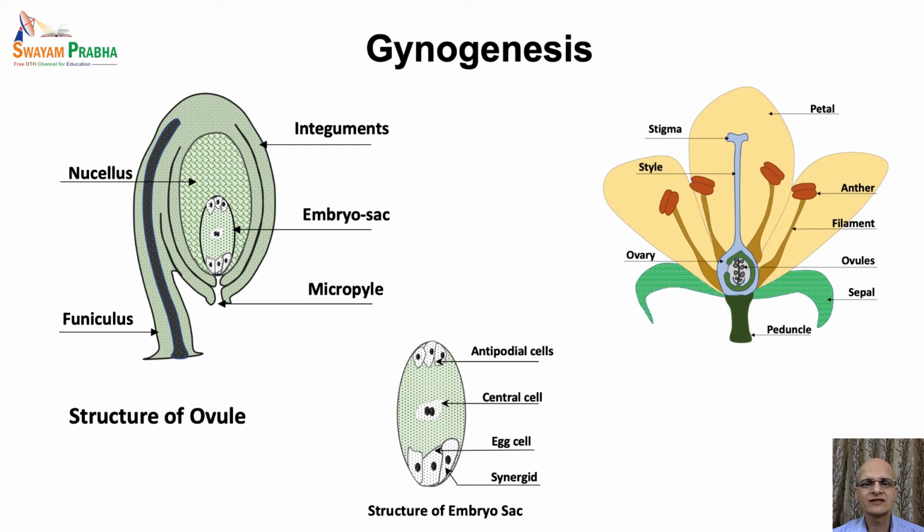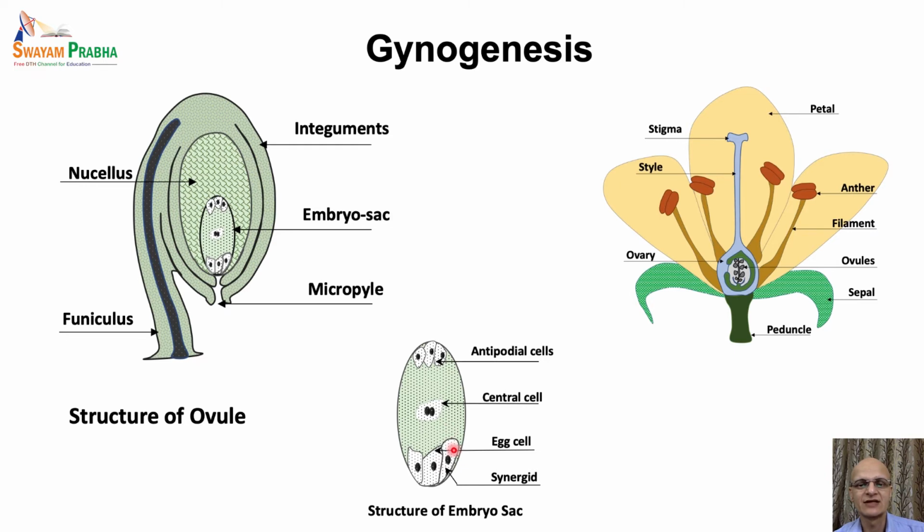Under normal circumstances, the pollen lands on the stigma and germinates. The pollen tube grows through the style and finally reaches the female gametophyte through the micropylar end. It enters the embryo sac through one of the synergids and releases the 2 male nuclei inside the embryo